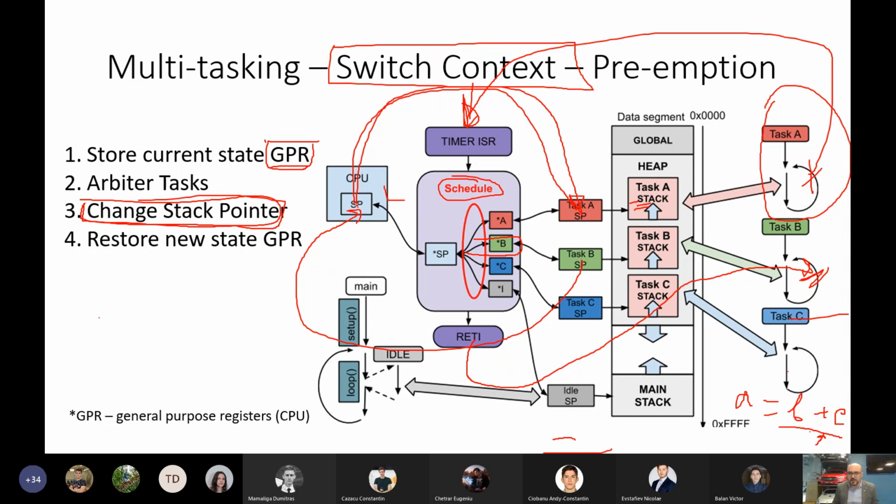Okay, changing the stack pointer means we already switched to another memory area. So after changing that, it's restoring the general purpose registers related to the other task, in order for this task to be able to continue from the point and with the context of the registers that it was interrupted at. So now the complete